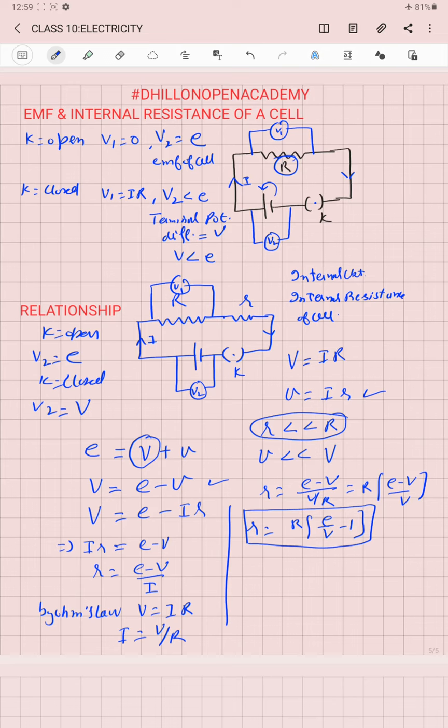Reason: ions have much larger mass as compared to free electrons. So when we increase the temperature of the electrolyte solution, actually we are increasing the kinetic energy of the ions present inside it. So when ions start moving at faster speed, then the rate of flow of charge increases, so current increases. Increase of current means decrease of the resistance, so internal resistance will be decreasing.